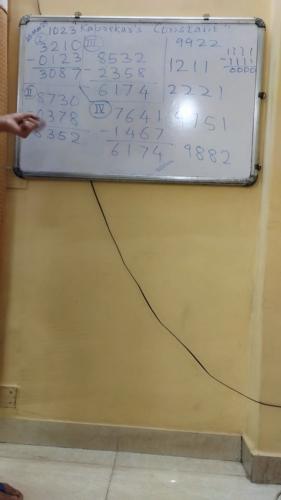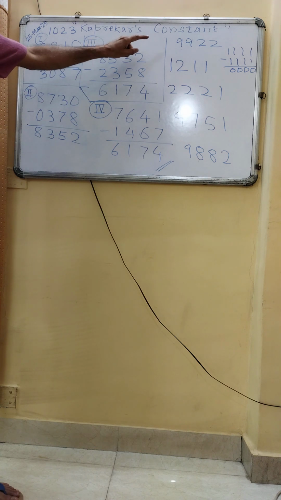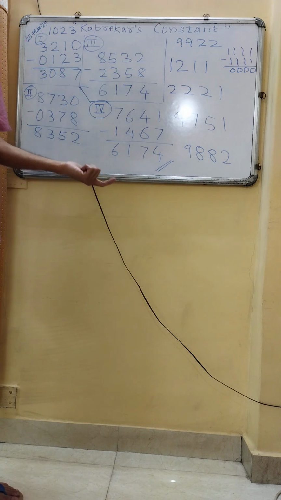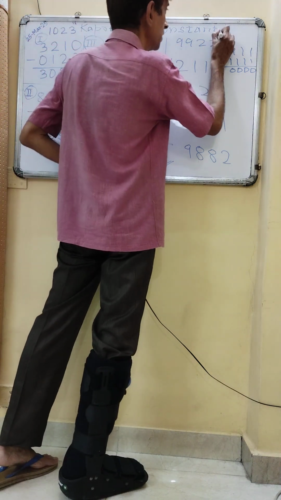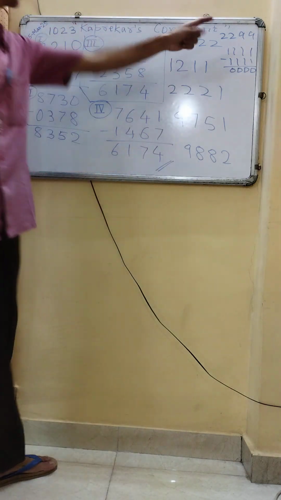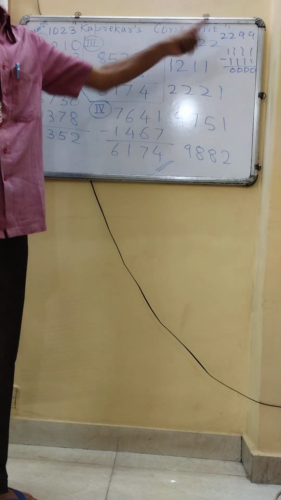Okay. So the thing is that 2 digits here are the same, 2 digits here are the same. Okay, accepted. Even if this number is originally 2299, then also you will arrange the digits in descending order. So it will become like this.